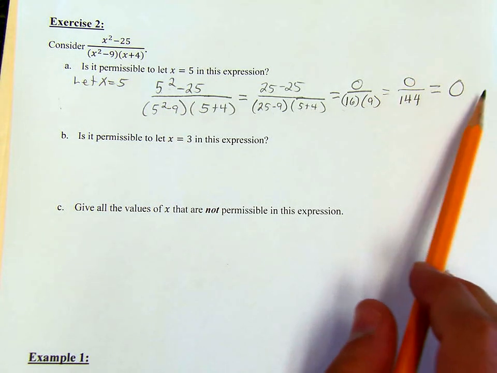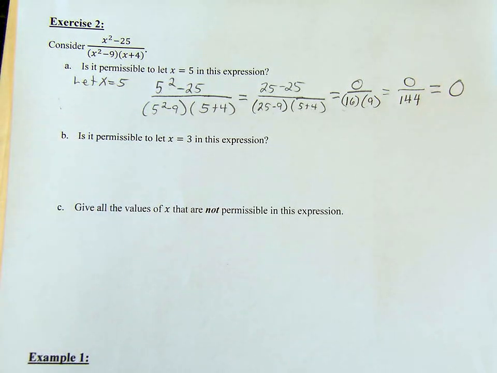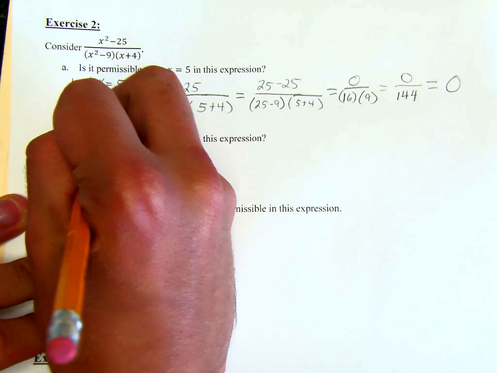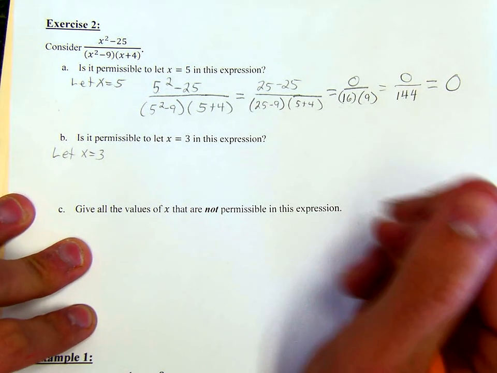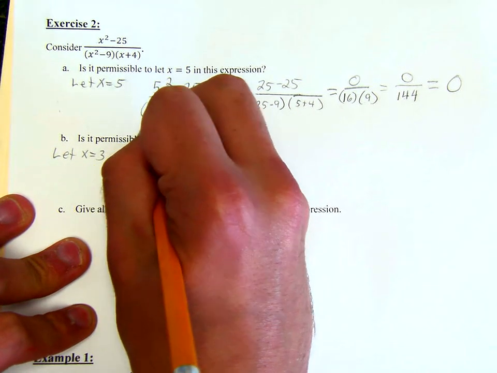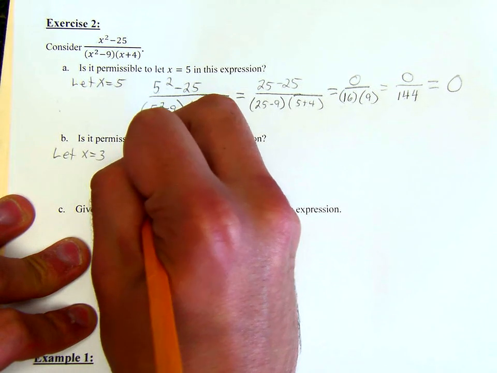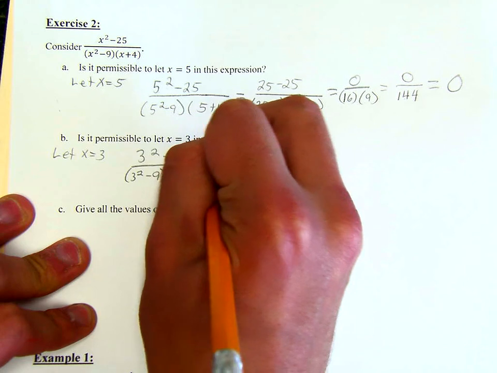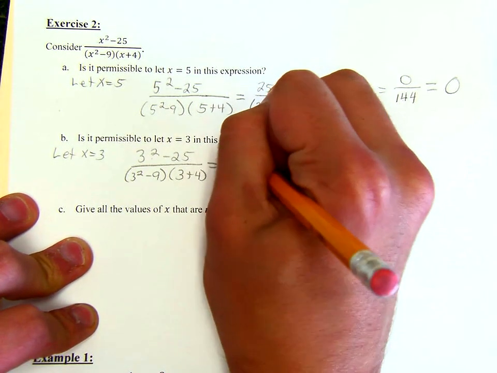It says, is it permissible to let x is equal to 3 in this expression? Well, let's let x equal 3. And wherever we see an x in this case, we're going to plug in a 3. So we would get 3 squared minus 25 divided by 3 squared minus 9 times 3 plus 4. So in this case, we're going to have 3 squared, which is 9, minus 25, divided by 3 squared again is 9. So we're going to have 9 minus 9,